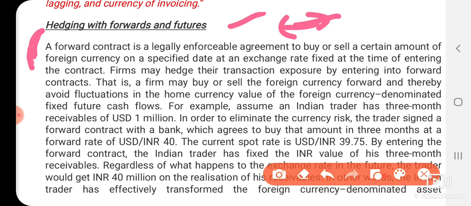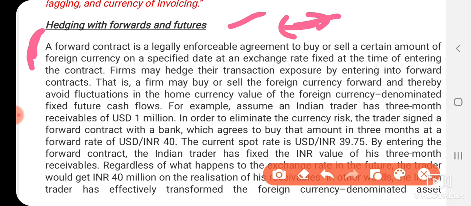So there is involvement of high risk in forward contracts. Also, one thing I have to say, it is nothing but a private agreement. There is a chance of default, a relatively high risk. Here there is no collateral required. It means additional security: in forward contracts there is no need for any additional security.